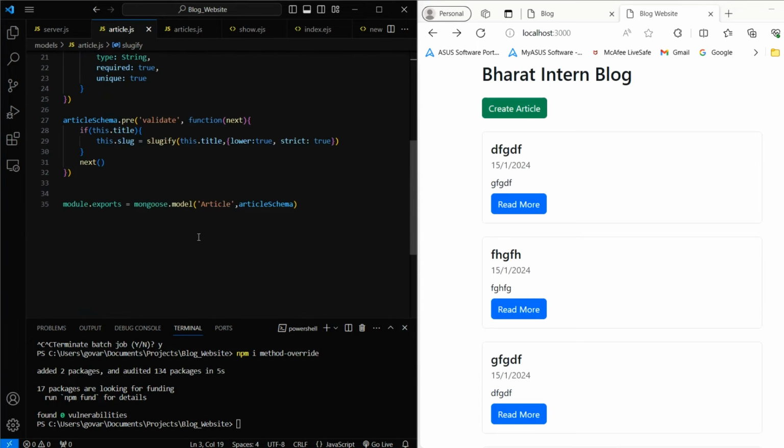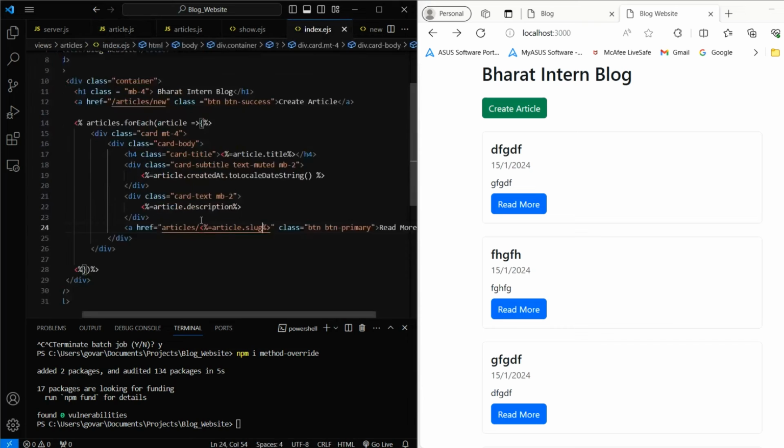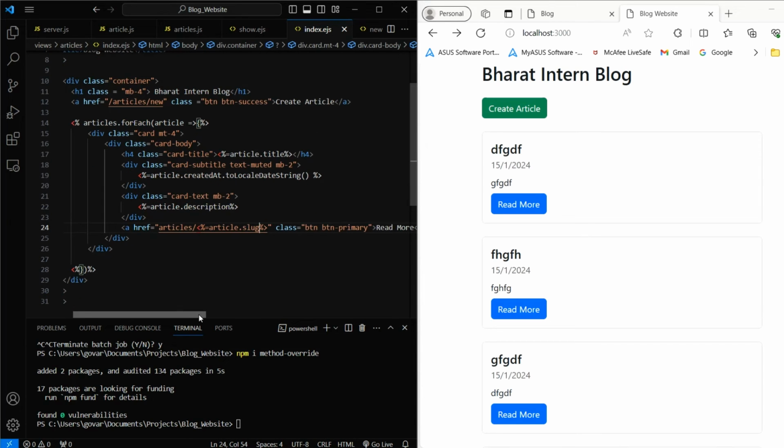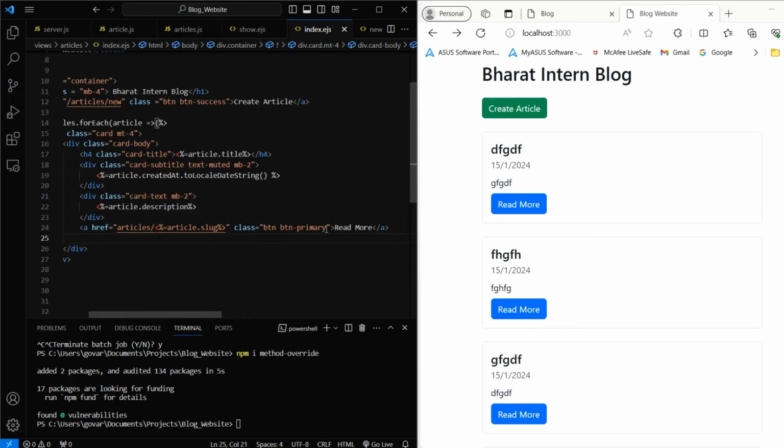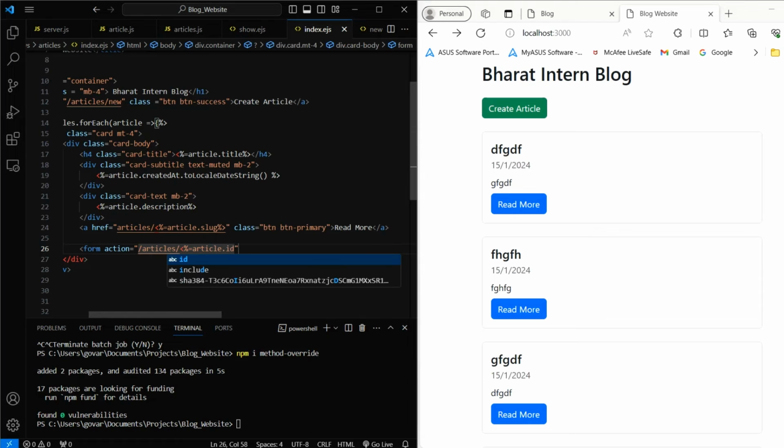Next I'm going to create this delete button, guys. So let me create it quickly. Where is my index.ejs file? Yeah, I opened the index.ejs file. I'm going to create this delete button after this read more button. So let me do that quickly. I'm going to give form action is equal to /articles/, then <%= article.id %>,